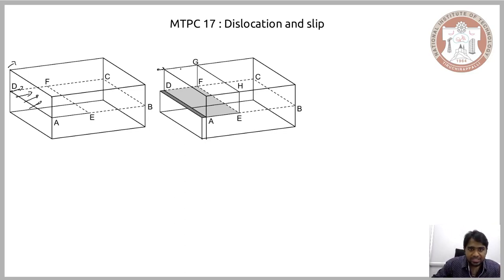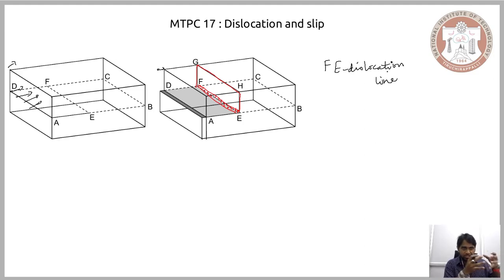Now, in this region what you have is the corners, the extra layer of atoms has moved and it has occupied a position here. So the extra layer of atoms can be found here. So you have moved your atoms by imposing a shear stress, and the extra layer of atoms are found here. Now the extra layer of atoms are found above this line here. So above this line EF, you have the extra layer of atoms. So that means EF is the dislocation line.